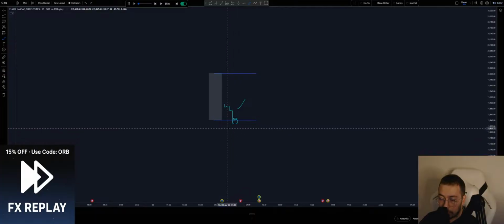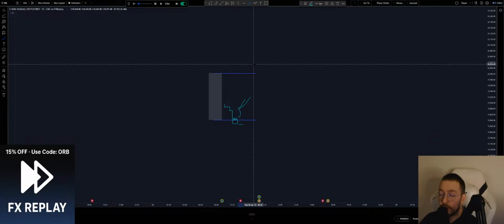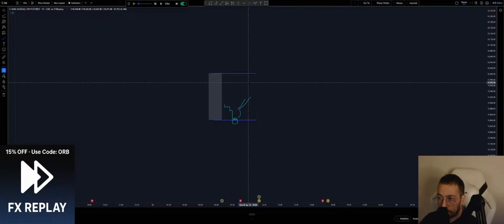We will be interested in the longs inside the ORB, because outside, as you saw in my first strategy that I uploaded on YouTube, which I backtested over the full year 2023, we only look for shorts below the ORB. So I'll be looking for a sweep of the low, and then an inversion fair value gap inside the ORB. When the price inverts that fair value gap, we go for the longs. Stop is at the recent swing low if you are going long, swing high if you are going for shorts. And vice versa